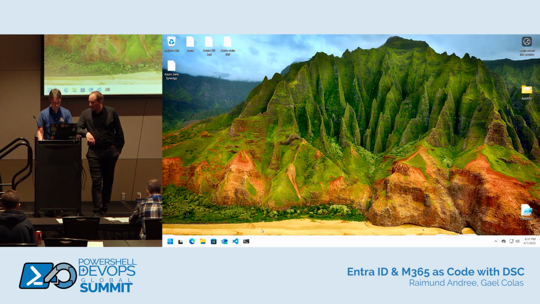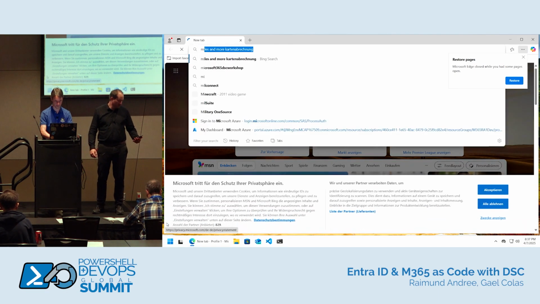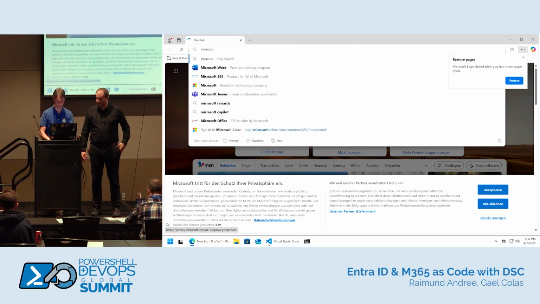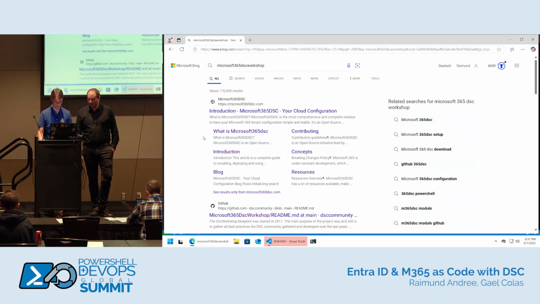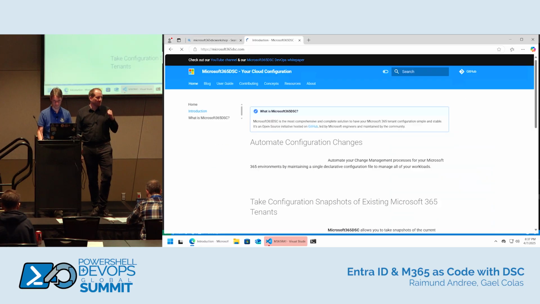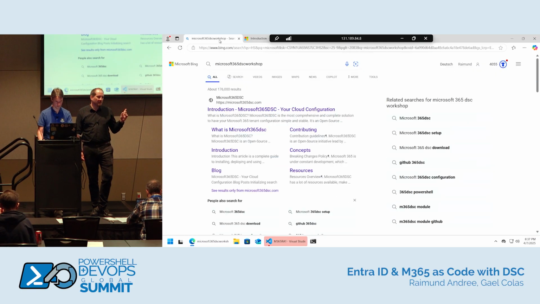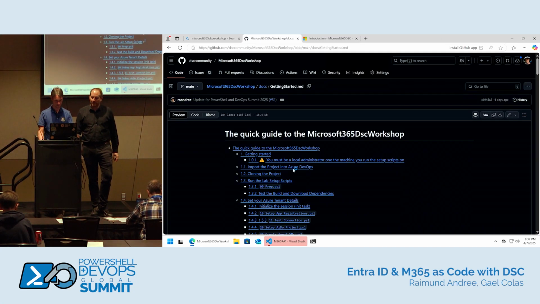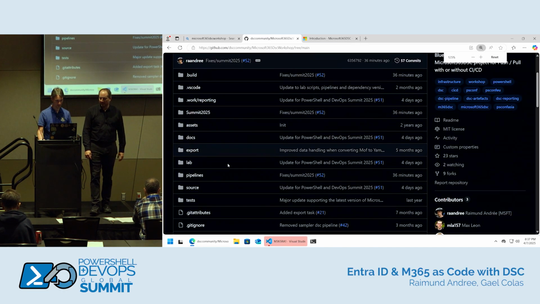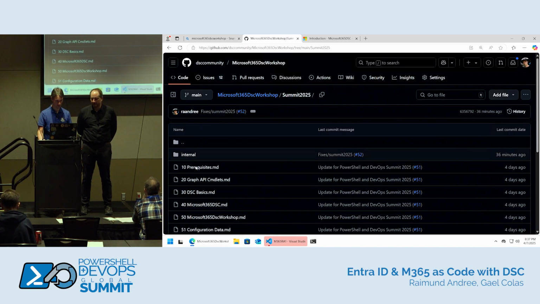So, what's the task when you need to decrypt the credential? Okay, let's follow the documentation together. Microsoft 365 DSC workshop. So everything we're going through, all the exercises and everything, it's online anyway. It's in DSC community / Microsoft 365 DSC workshop. So you can find it there, and there's a special folder in there which is Summit. Yes, Summit folder. Then we go to